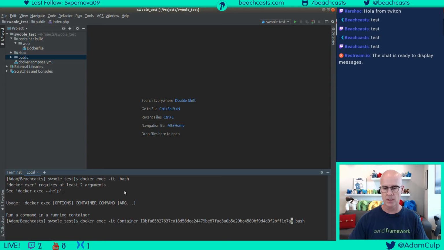Okay, so that's correct, but I need to get rid of the container ID. It'd be nice if I could copy and paste that in PhpStorm straight away, instead of copying and pasting it and ending up with the entire thing. Okay, so now I'm inside the container,